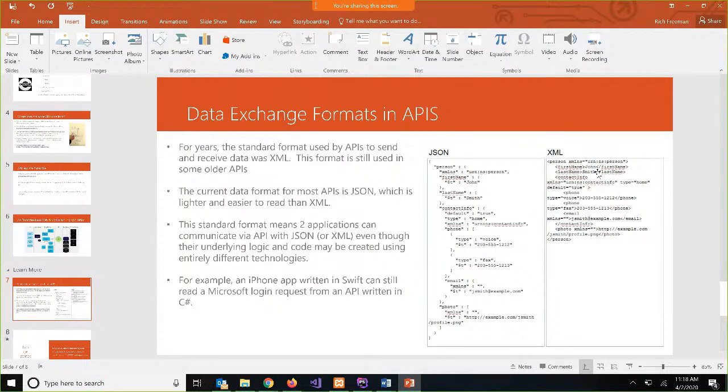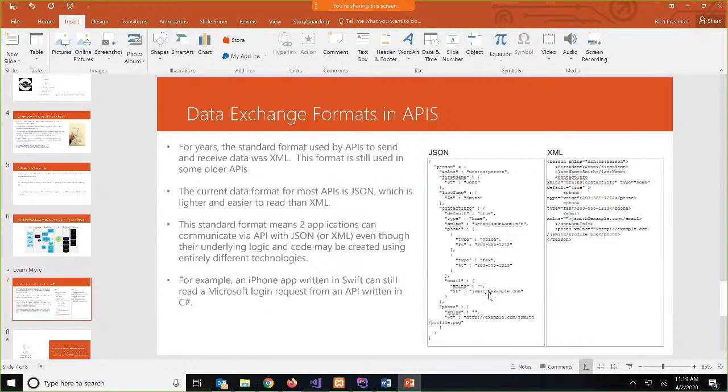JSON is often used in Ajax. Ajax used to use XML, which is what the X stands for in Ajax, but now most Ajax services will use JSON. So in XML, you can see we have opening and closing tags around each value, and this used to be the standard. There are still some APIs that are available in XML, but mostly we use JSON now,